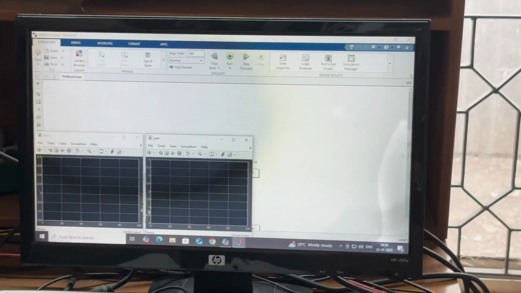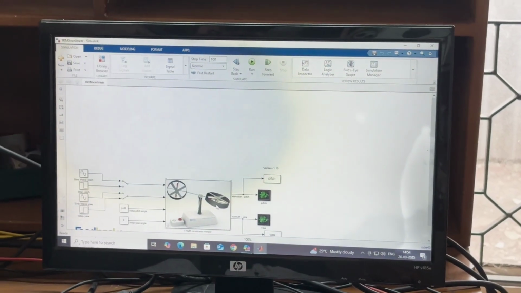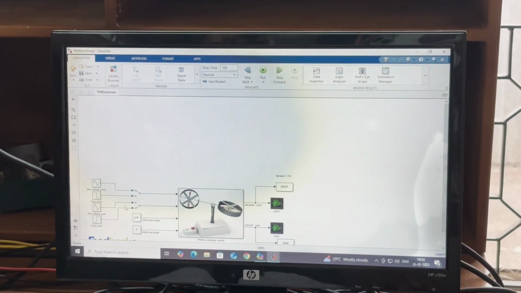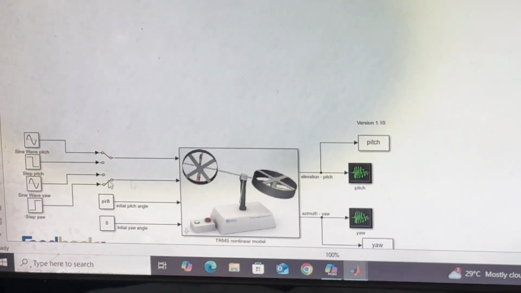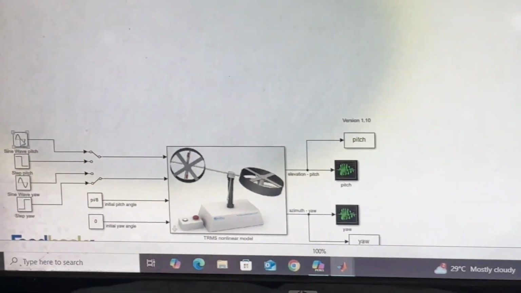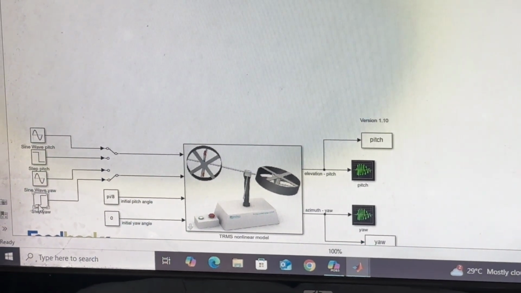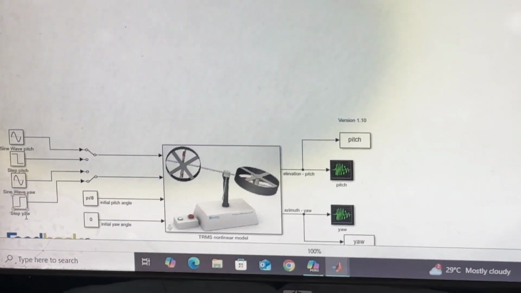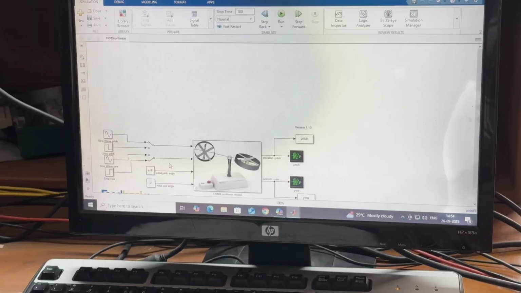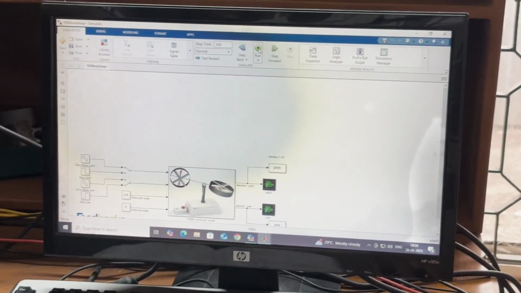So here we have the nonlinear model of the TRMS setup and we have the inputs to be given to the pitch and yaw angle. There are switches to select between sinusoidal and step inputs. Here we will select the sinusoidal input for pitch and step for the yaw angle. So if you run the file